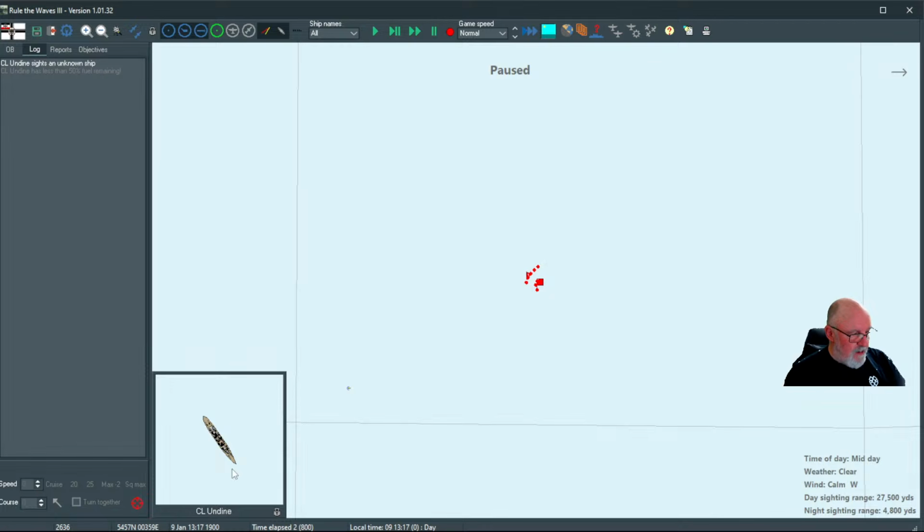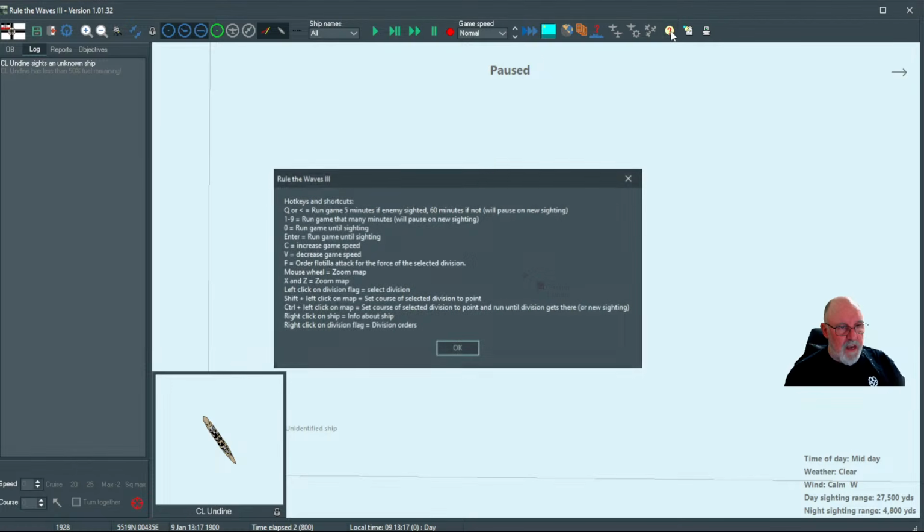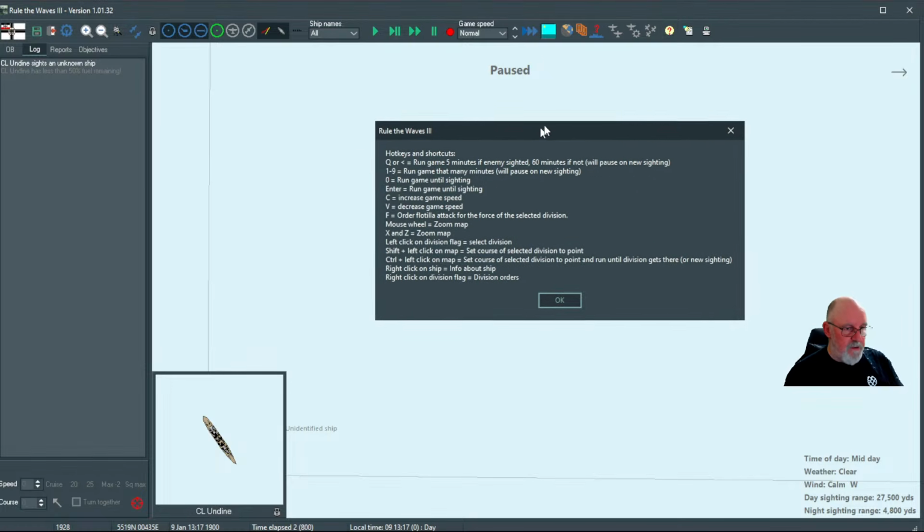With the bigger ships, they're going to fill up this area a lot more than what we are seeing at this point in time. I don't know if I can change the zoom in there, which would have been probably a little bit better, but there's no real way. I can only really zoom in here. You can see there we've now got the unidentified ship. To maneuver around, you've got this little shortcut help,